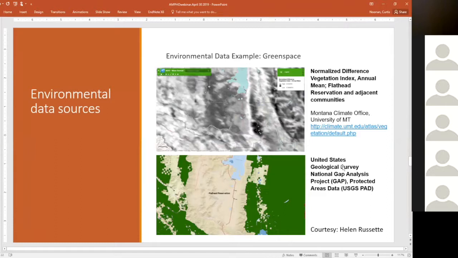I guess that sounds counterintuitive, but that's just the way they've got this particular map. There are more enhanced versions of this where vegetation is actually colored green, so that would probably be easier to visualize. But one of the problems of using just NDVI is that it tells us something about how much greenness there is, but it doesn't tell us much about